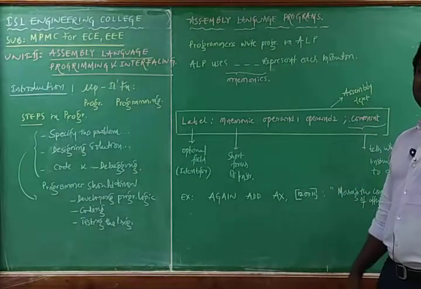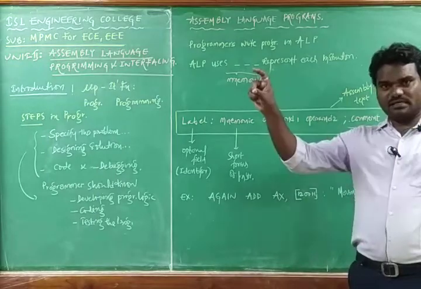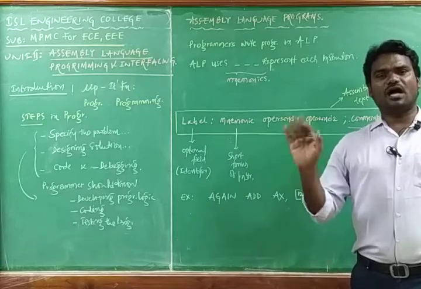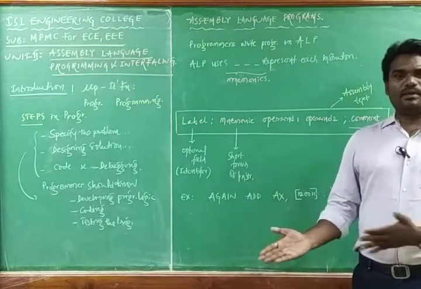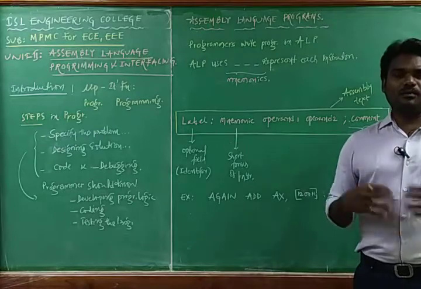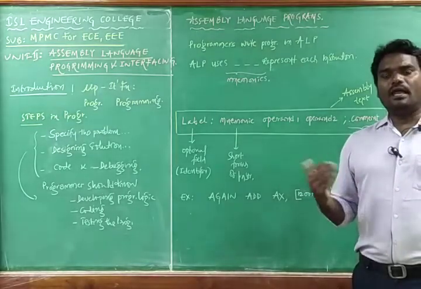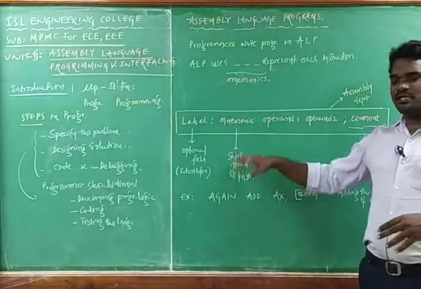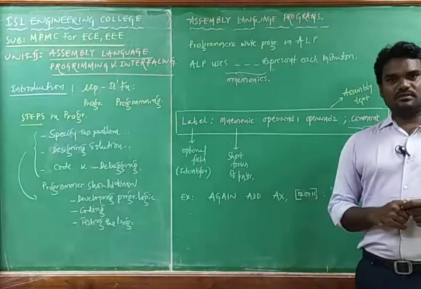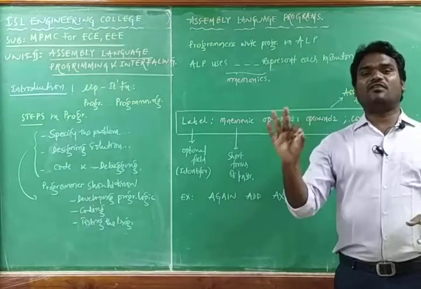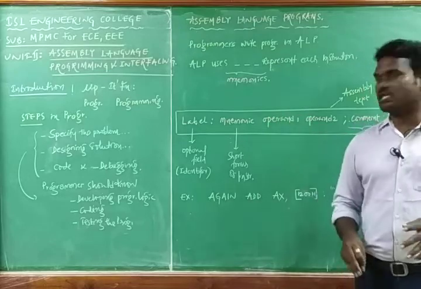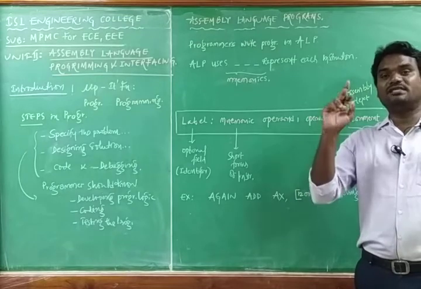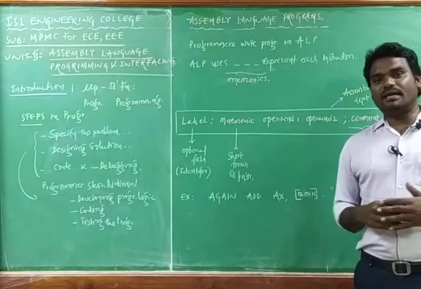Assembly text will have 4 bodies. The first one is named the label. It is optional only. If you remember the label, you can represent it in the instruction in the programming. If you don't remember any label, you simply avoid writing that one. Second part is the mnemonic. Mnemonic is nothing but a short form of an instruction. Jump can be written as JMP. Addition can be written as ADD.